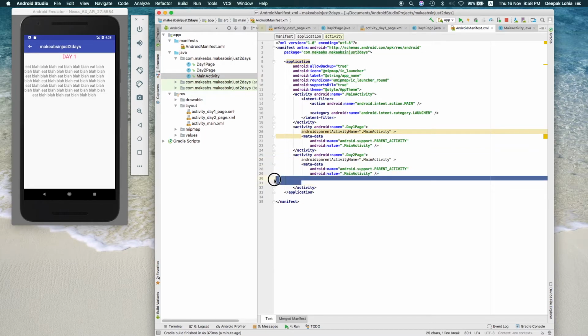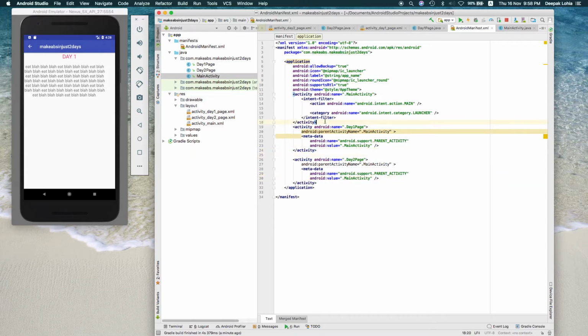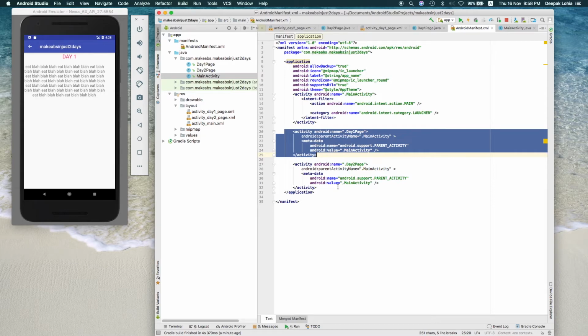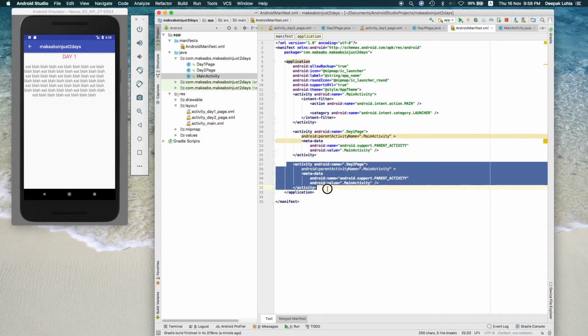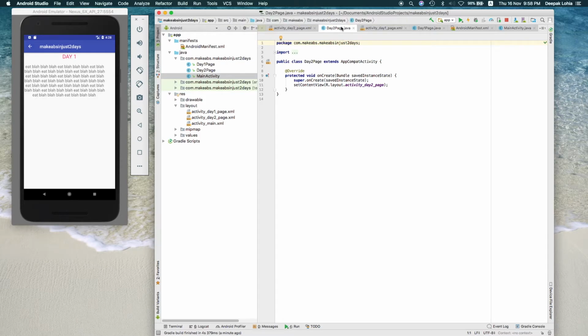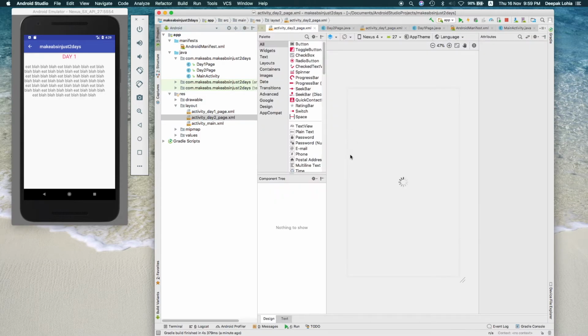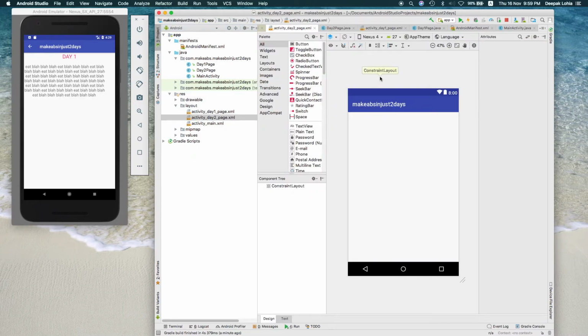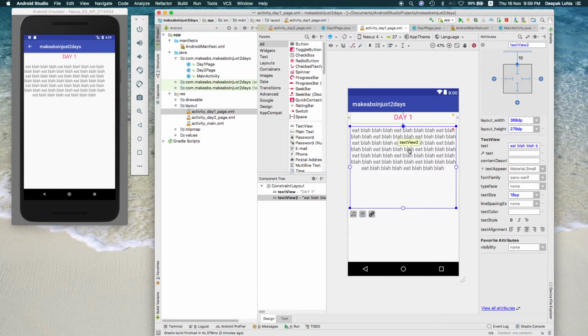Okay, so you see there are two blocks now. One block is this day 1 and one block is this one. Okay, now on page 2 XML, so let me just find page 2. Page 2 is over here. Just double click on this. This is my page 2. So let me just copy paste a few things from day 1. So let me copy this text from day 1